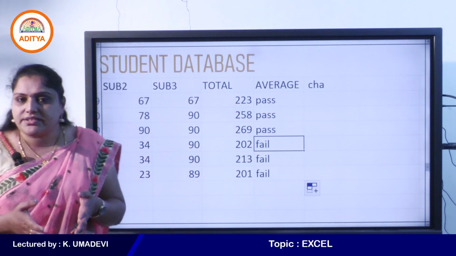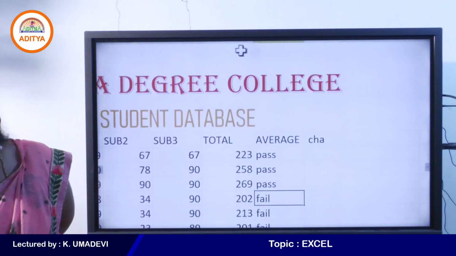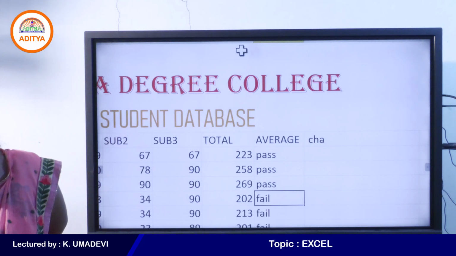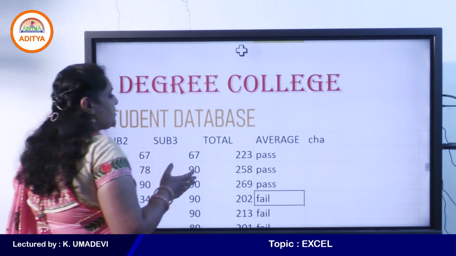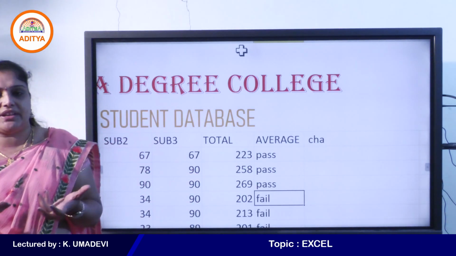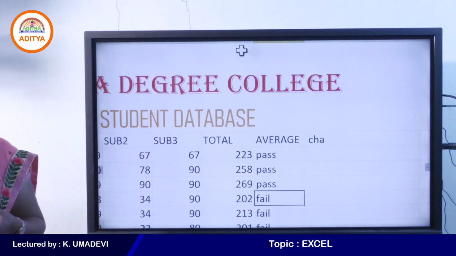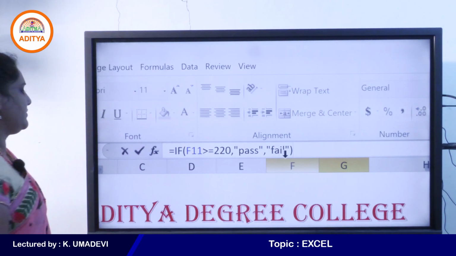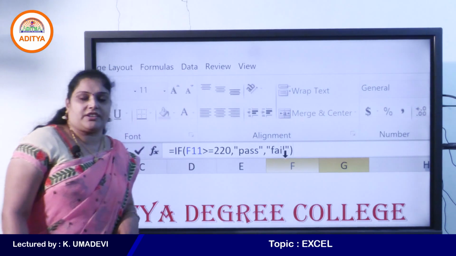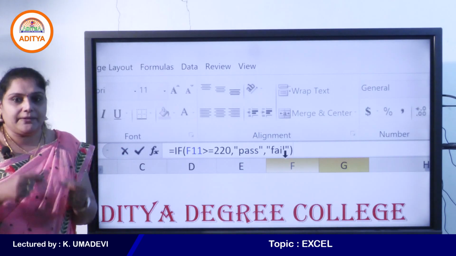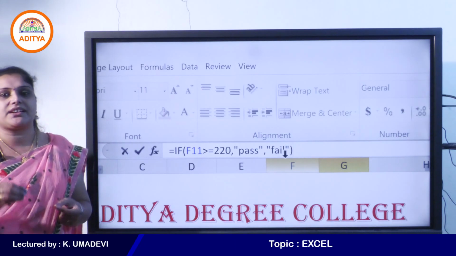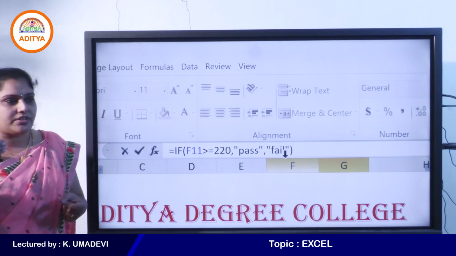Okay, do you understand, students? Do you understand this example? See, logical test is nothing but condition. So what is condition? See, the comparison operators are used to compare 2 values. So in conditions we can compare 2 values, whether which value is big. Okay, just observe the formula, students. So this is the syntax of if. See, the name of the function is if. Why? Because if is also used to test the condition.